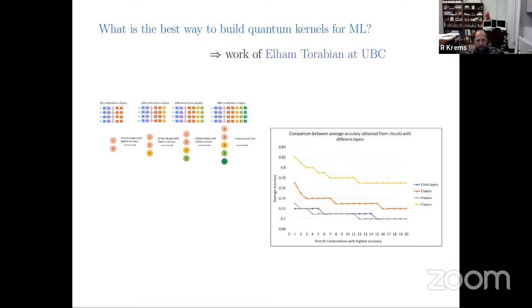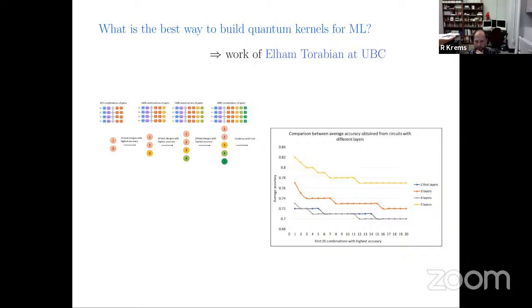I also have a comment. There is a recent paper of Maria Schuld that is actually showing that this kind of variational quantum circuit at the end is doing some kind of Fourier transform. So a trick that you can use to have more expressivity is to re-upload your data. So here what I see in your circuit is that you're only doing the embedding of your parameters one time.